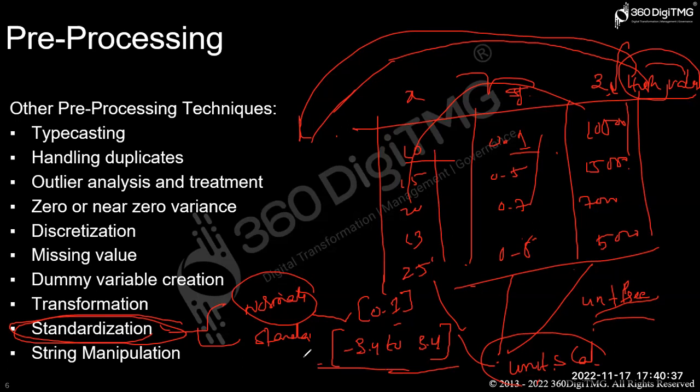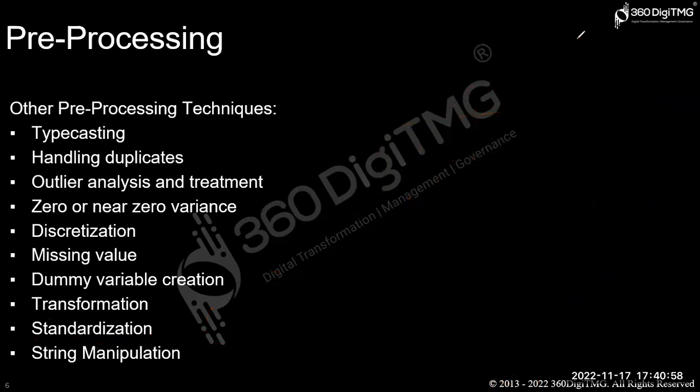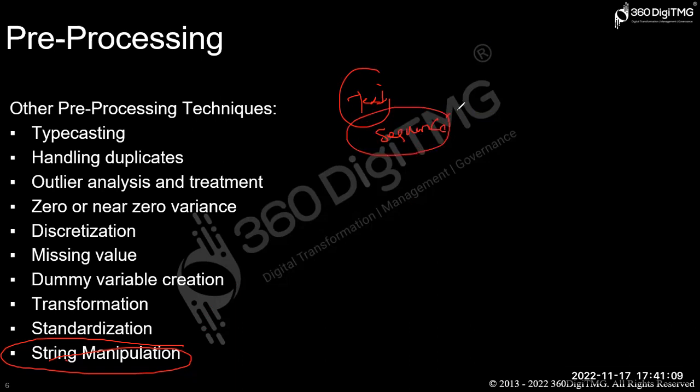So what is it called? Standardization and normalization. And here we'll be having one more property: mean is equal to 0, standard deviation is equal to 1. So whatever numbers we are converting through standardization will have this property, mean is equal to 0 and standard deviation is equal to 1. And then we'll be having string manipulations. When you have textual data, textual data will be having a sequence. In that case, we will deal with that string very differently, using string manipulation. We'll be discussing it in a minute.